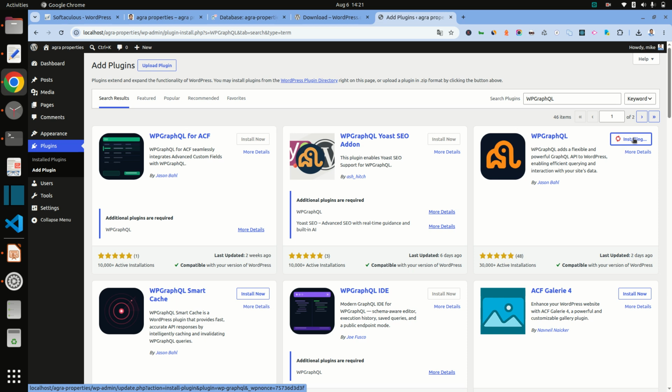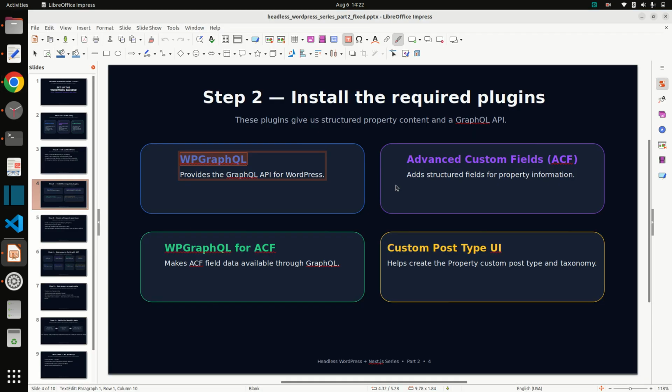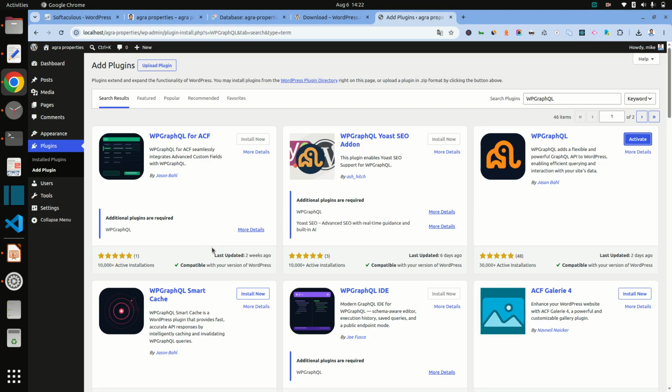Now click on install now. It is now installing. Now I will copy the second plugin. Now click on activate.